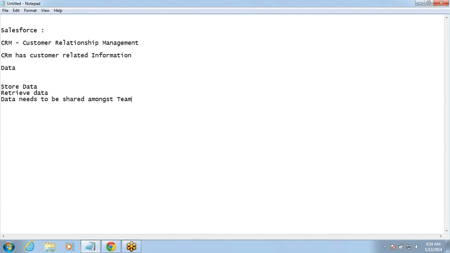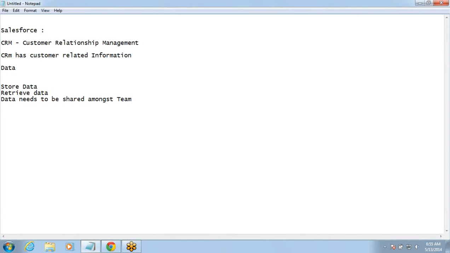So if there is a customer and in your company there are 10 customer care executives, the customer might not call any specific customer care executive. He can call anyone, and anyone from there should have that information available, right? So when we call a customer care, we do not know who's going to receive the call, but they are still able to answer our queries. It should not happen that, oh, I do not know anything about it, why don't you call the other way? Does it happen that way? No, right? Which means the data they have for the clients is shared. So everyone sees the same set of information.